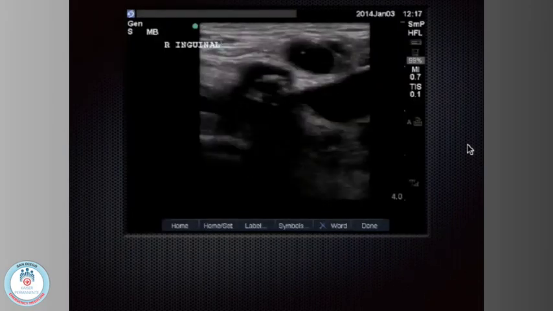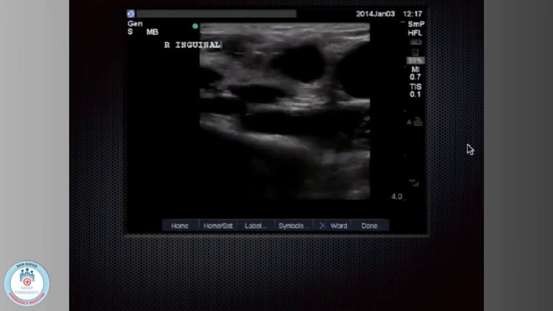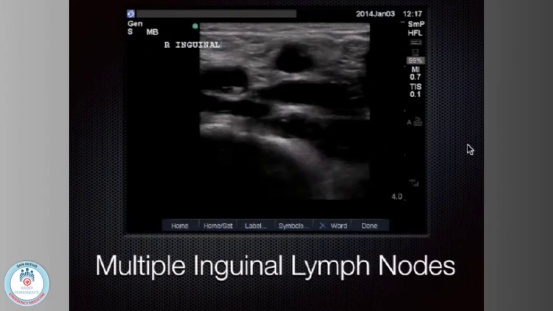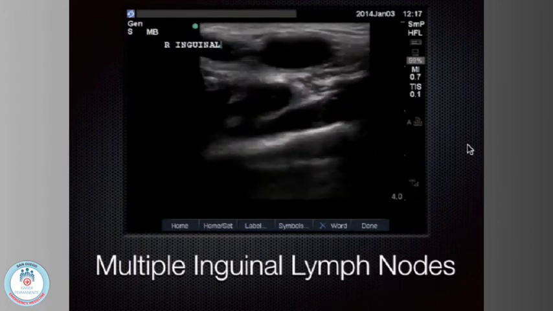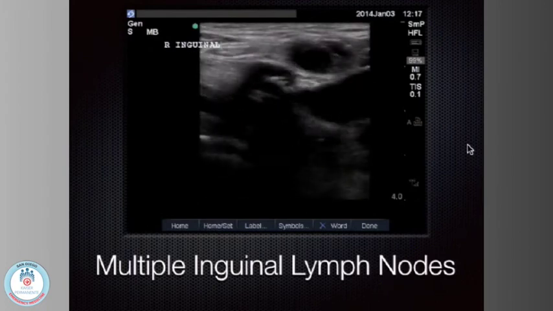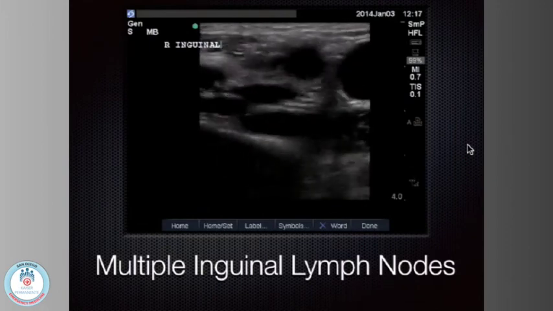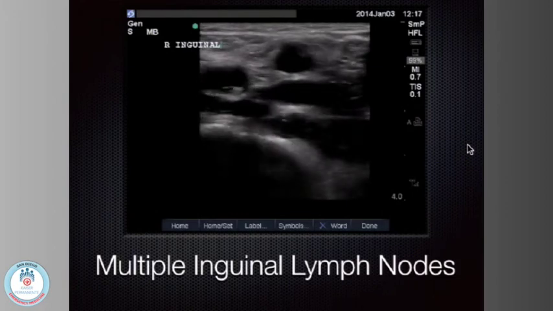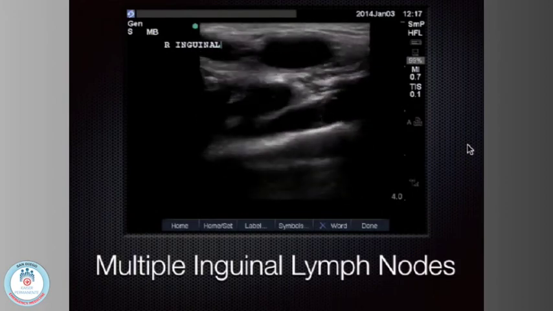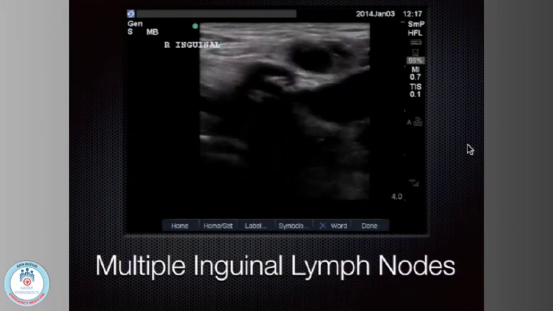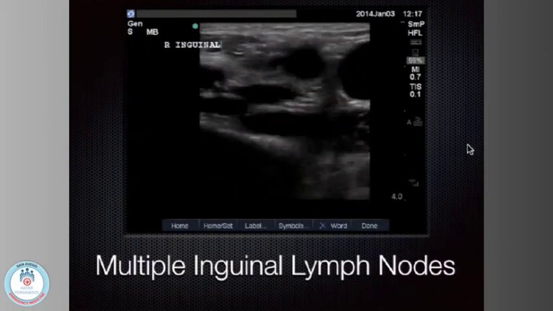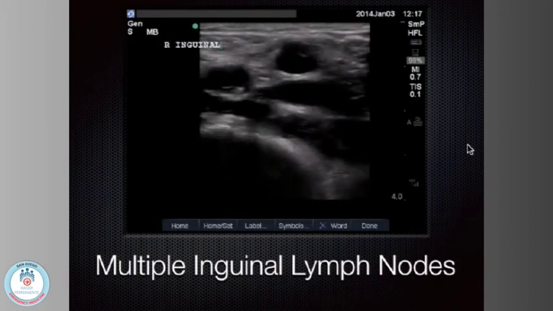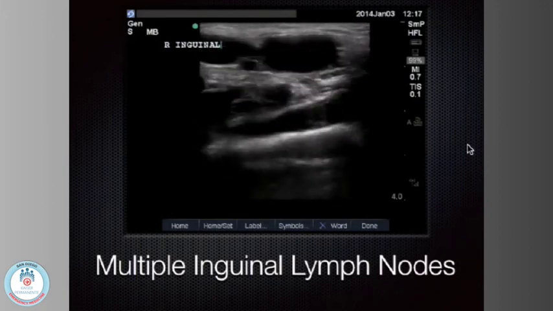Yep, very good. These are some inguinal lymph nodes. We see them there, hyperechoic. If you put flow on these lymph nodes, they'll light up actually. You put the power flow on, you turn the sensitivity way down, you turn the pulse repetition frequency really low, so it's not talking so much, it's listening more, and that makes it more sensitive. Because the better you are of a listener, the more sensitive you are. So you make the machine listen more by turning down the amount it's talking. You turn down the pulse repetition frequency using pulse wave Doppler, and you'll see those little lymph nodes light up with hyperemic,